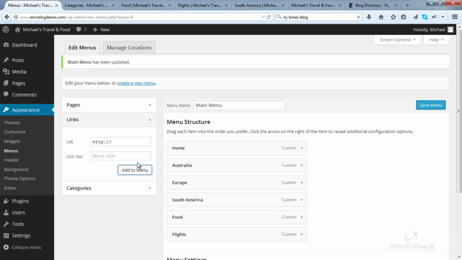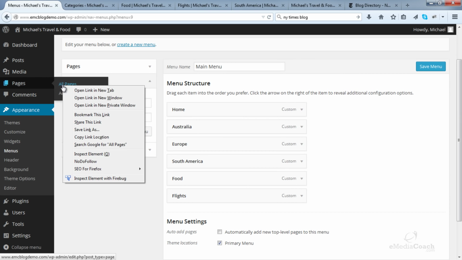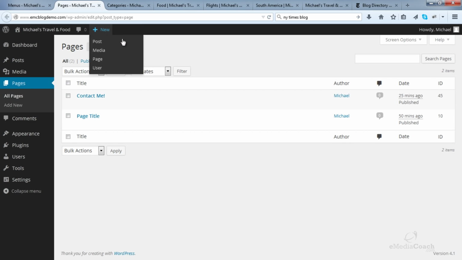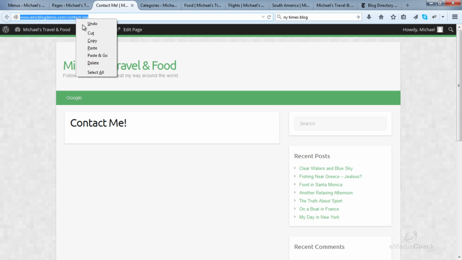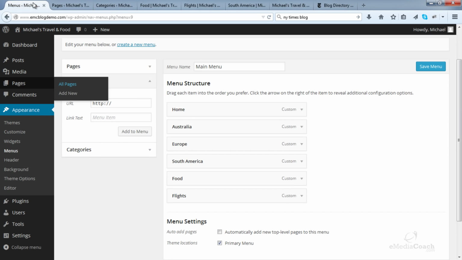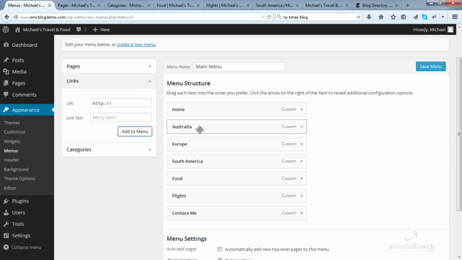And if there are any particular pages or posts that you want to link to directly from the menu, add that as well. So let's say, for example, I want to add the contact page. Now let's save that.